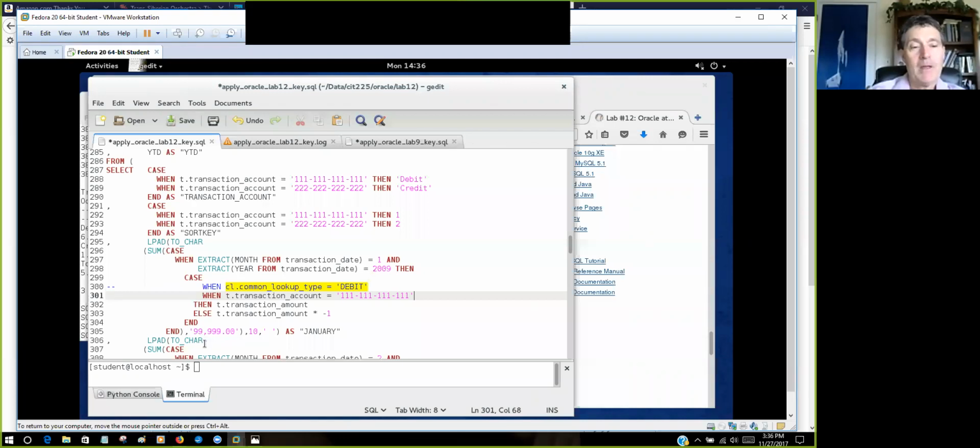And the 99 with the comma, decimal point, 10 digits long, and then a space, and that gets us our